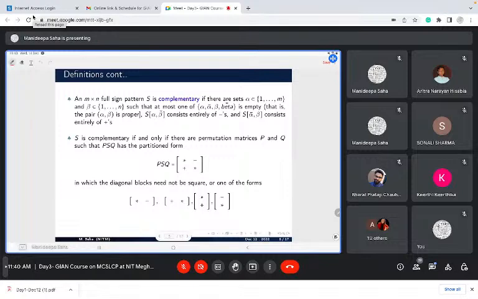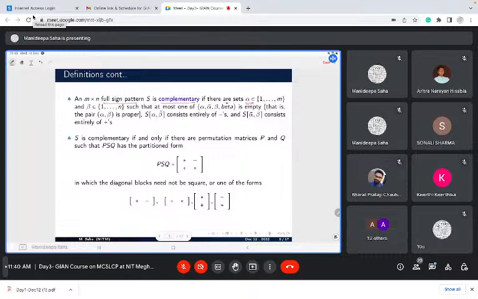Okay, so before that, maybe I'll be requiring a few more definitions. So the first one is complementary. So what is a complementary? A full sign pattern, so an m cross n full sign pattern, that means it cannot have zero symbols. Then that full sign pattern matrix is called complementary if we are able to find a subset alpha of 1 to m and beta from 1 to n, such that at most one of them, alpha bar, beta